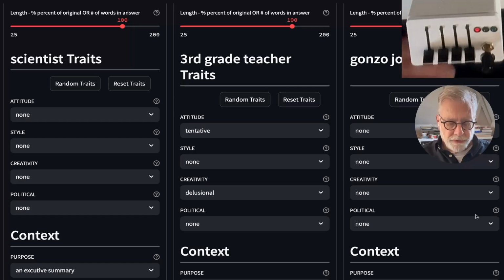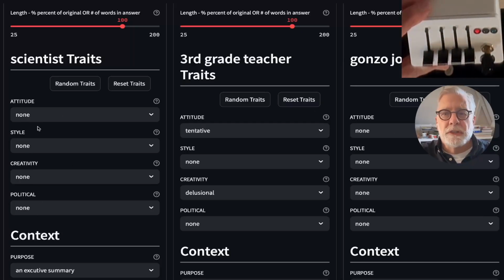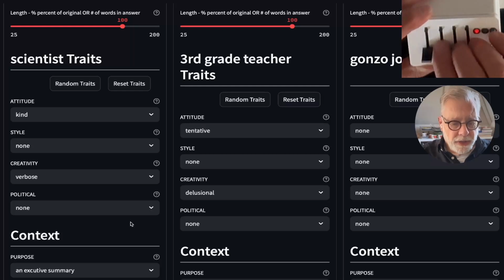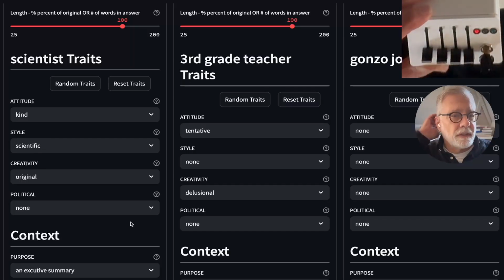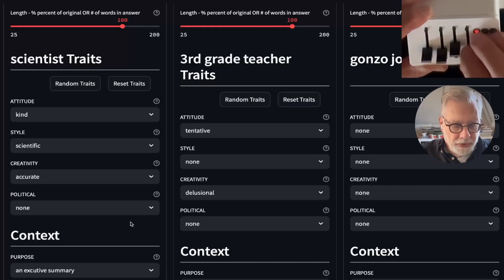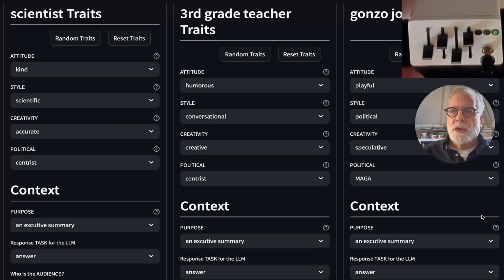I'm going to show you the physical interface, which is this graphic EQ-like thing here. So each one of these controls the traits over here, as you can see on the left. Our first one we're going to set to kind, and our style setting we're going to set to scientific. And then for our next one, for creativity, we're going to set to accurate. There it is. Okay. And then for political, because it's scientist, we're going to set that to centrist. Okay, so to wrap up,